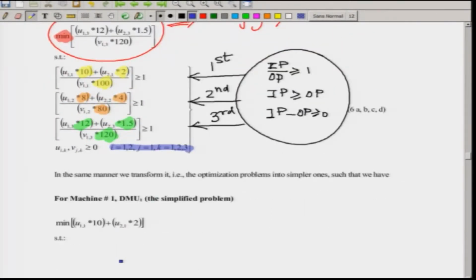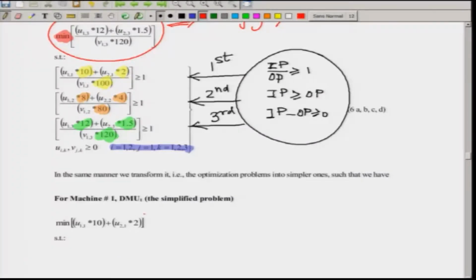So, I will go one by one, first DMU, second DMU, third DMU. If you remember, I have repeated it time and again, but I will still repeat it in order to make things much clearer for you. For DMU 1, similarly for DMU 2 and DMU 3, we had taken the case where you are trying to minimize the overall factor, which in the numerator has the input and in the denominator has the output. Now, we are forcefully putting the outputs as normalized to 1 and trying to minimize the input as low as possible for all the 3 DMUs. So, based on this fundamental principle, we will give the newer version of the optimization problem which will now be linear. So, let us go through that.